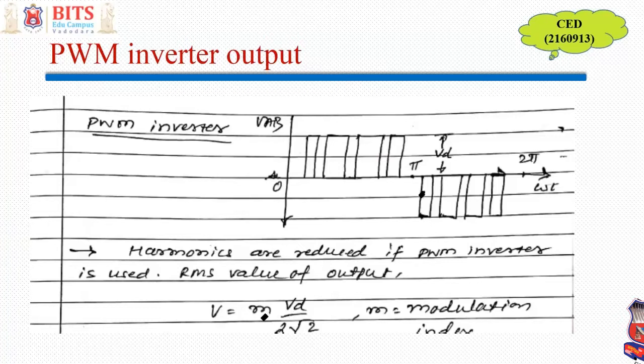There are different modulation techniques which you must already have learned in your power electronics course. If not, we can discuss it in some other lecture separately, because it's a big separate topic. But the modulation index over here is a ratio of two voltages, and it is less than or equal to 1. When it is equal to 1, that means a full square wave is there, and when it is less, that means it indicates the number of pulses in a half cycle, the number of times you are switching off the device.